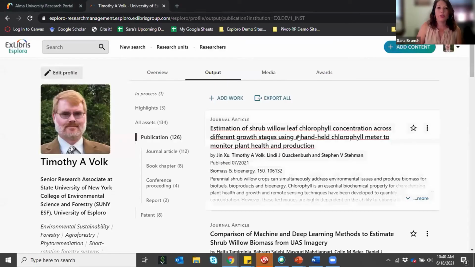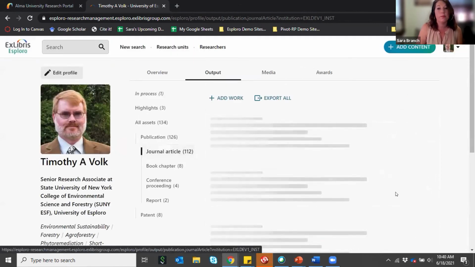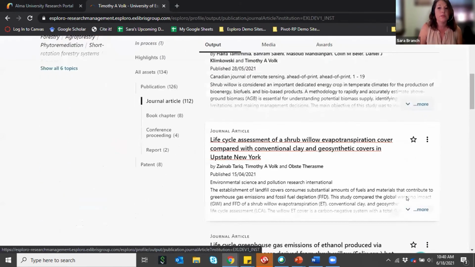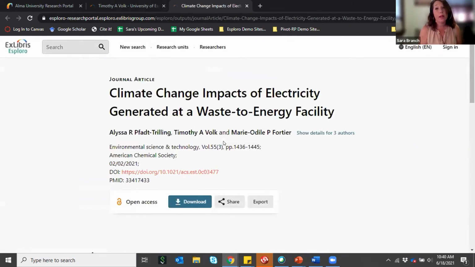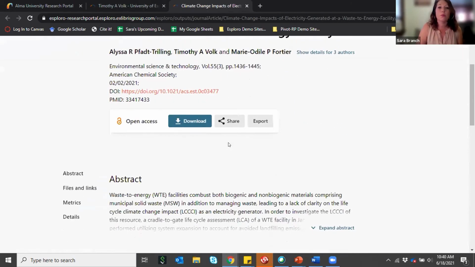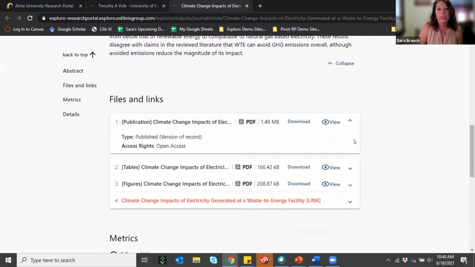I want to go back to an example from Tim's list here, because in terms of discovery and impact, one of the things that we want is the ability to see all of that related content, which I had mentioned before. So I'm actually going to scroll down to one of Tim's assets that I've put in here, just to give you an example of what this can look like. So this is a journal article that he's published. One of the aspects of Esploro is being able to provide things like open access support. And so if we look at the detailed description here of this asset,